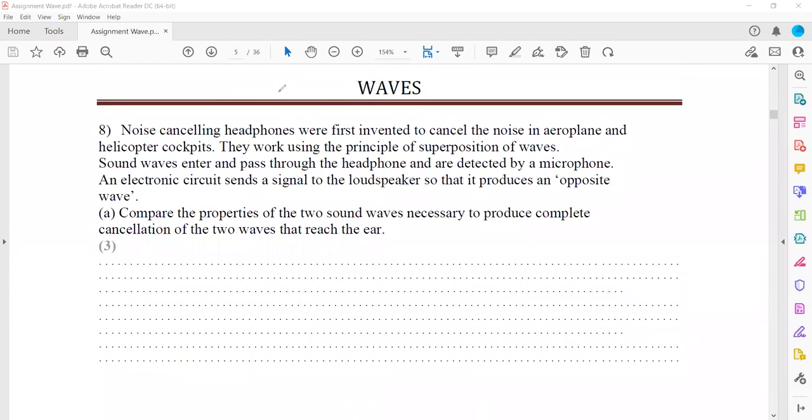In this one, as you can see, noise cancelling headphones. There are headphones known as noise cancellation headphones, first invented to cancel the noise in airplane and helicopter cockpits, because there's continuous noise from the engine of the helicopter as well as the airplane. To cancel out that noise, they use noise cancellation headphones. They work using the principle of superposition. How does it work? For example, if these are the headphones,